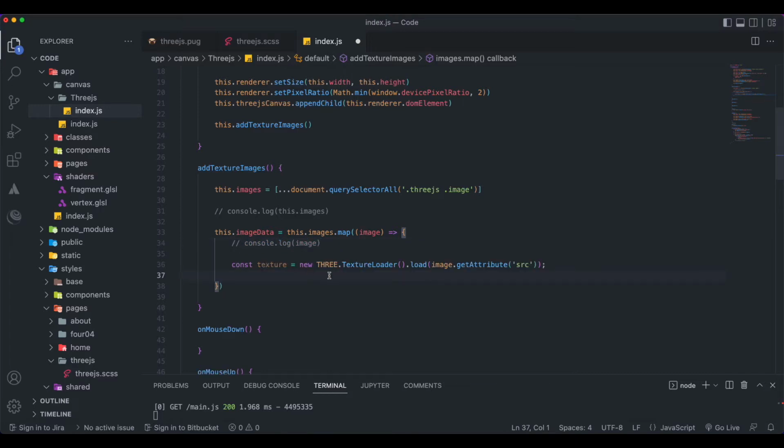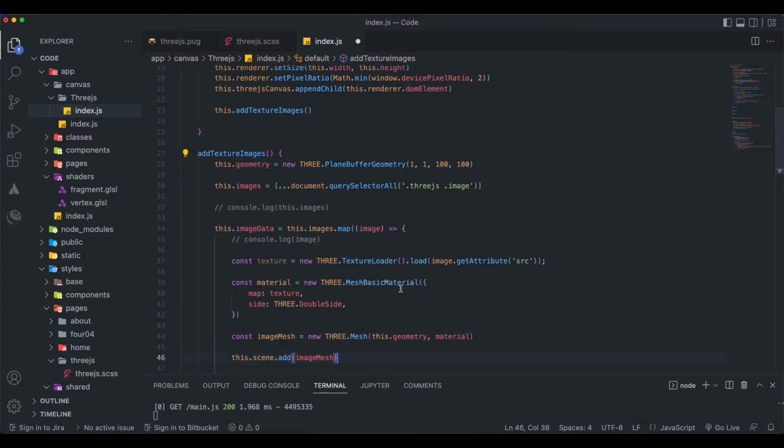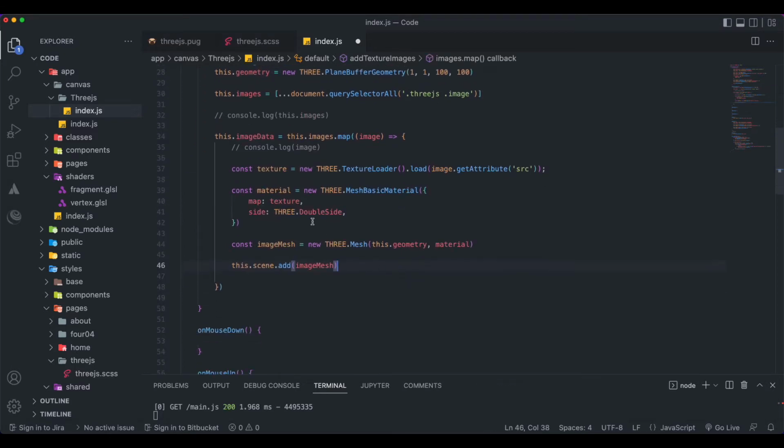I have my texture loader, the Three.js texture loader, and I'm going to load the source of each image, which we can get using the getAttribute. This is JavaScript, so nothing special there. And then I will define a common geometry for all my textures, my images,